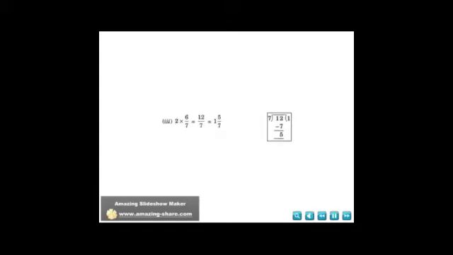Third subdivision, 2 into 6 by 7. So 2 should be multiplied with the numerator of the fraction, 6. So 2 into 6 by 7 is equal to 2 into 6 whole divided by 7, which is equal to 12 by 7. So 12 should be divided with 7. On dividing, we will be getting quotient as 1 and remainder as 5. So the format is 1 5 by 7.